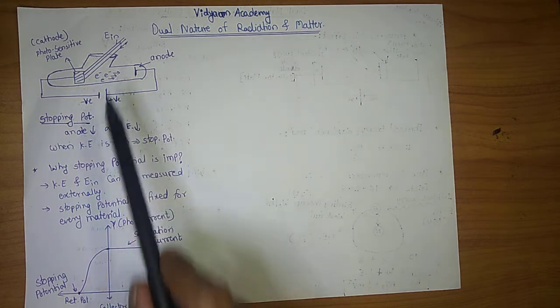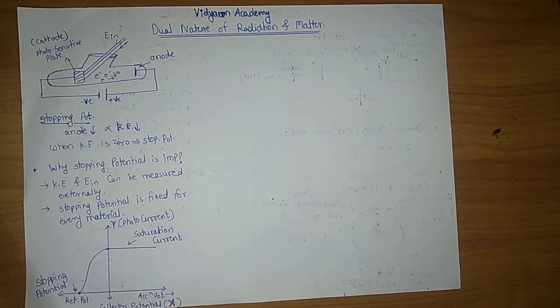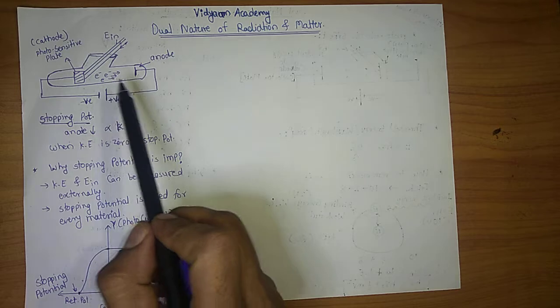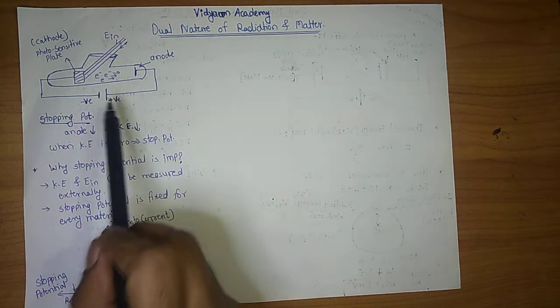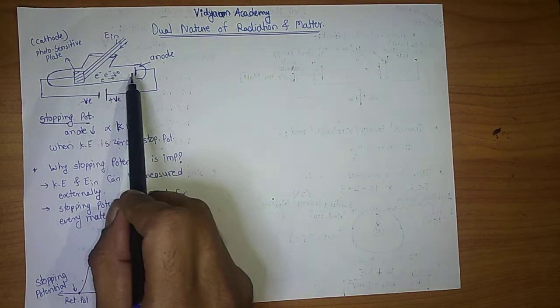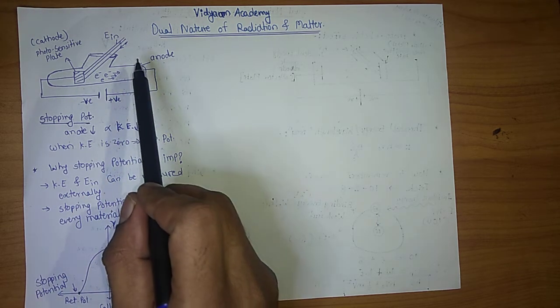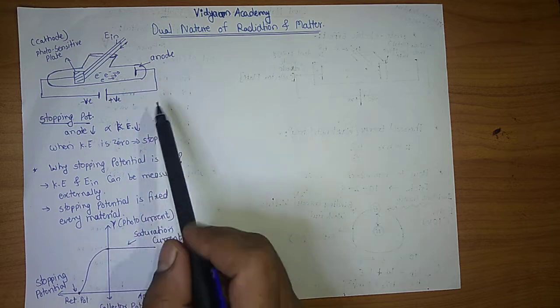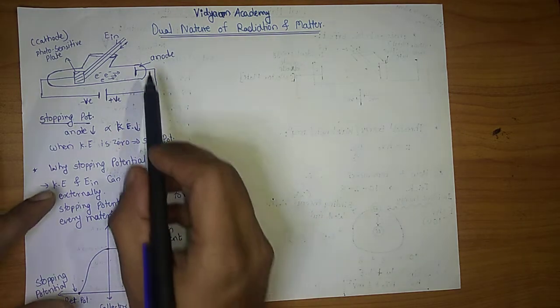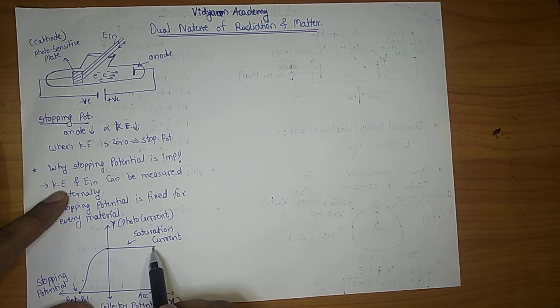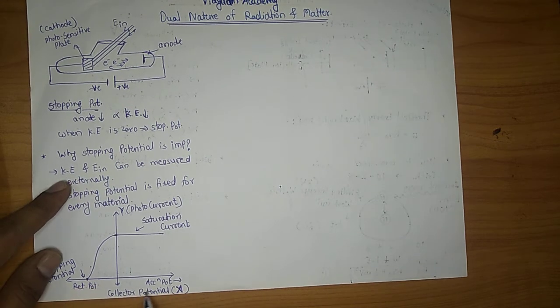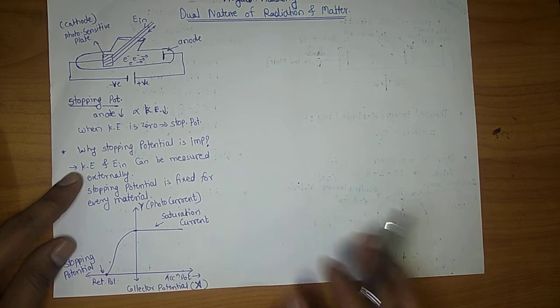Now we will try to plot a graph of this particular assembly. As for the starting, we will consider a case when electrons are moving towards the anode, where the anode is kept at higher potential, which is positive. So initially you are getting current at your collector potential. When your collector potential is positive, you are getting current. Okay, I think you can see clearly right now.